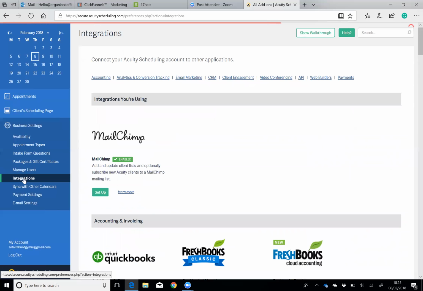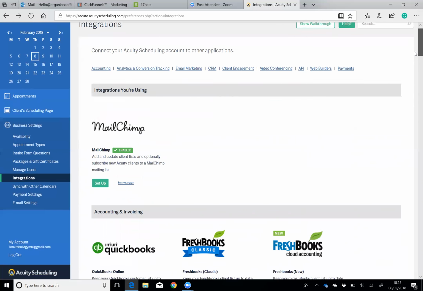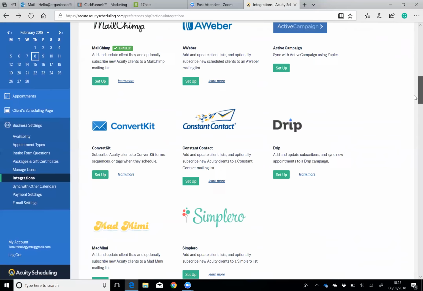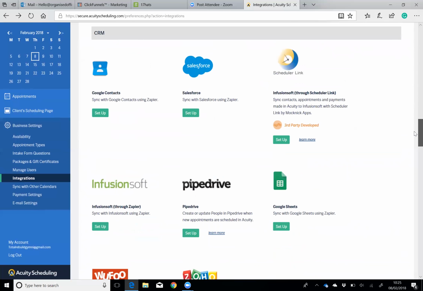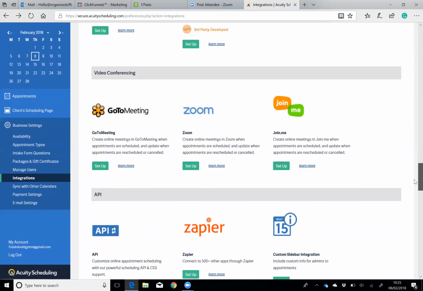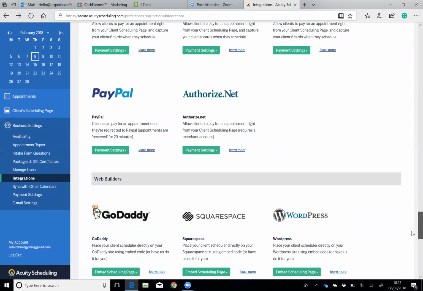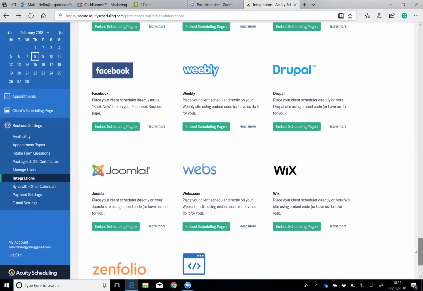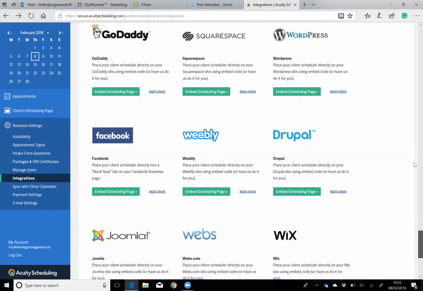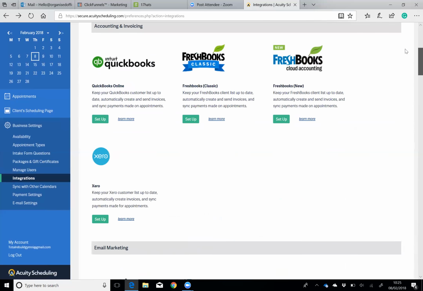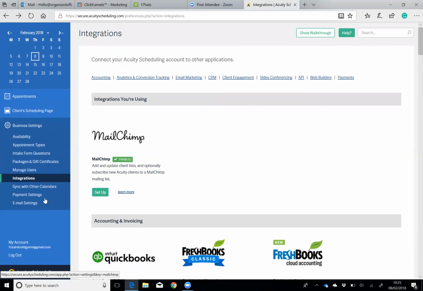So again, you can integrate this with your email solution or your accounting solution. There are quite a vast majority of integrations there, and integrations are fairly easy to set up as well. I'll not do an integration today, but if you need me to go through that, then just let me know later on. I will show you though the